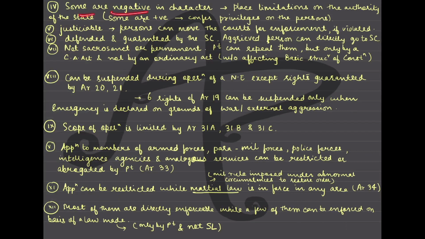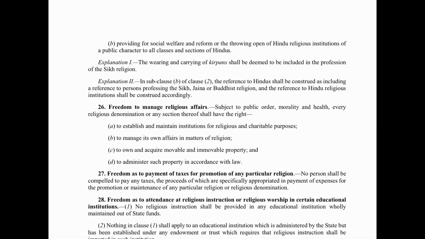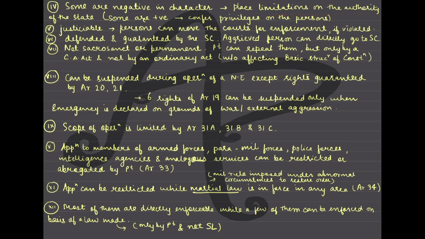Next is, some are negative. Some fundamental rights are negative in character. What does negative mean? Negative doesn't mean wrong. It means a kind of negative connotation. Negative connotation means placing limitations on the authority. So some are negative in character because they place limitations. They prohibit the state from doing so. These features are to be remembered because we will do it directly from the Constitution, as you can see. ठीक है, डायरेक्टली मैं आपको यहाँ से आर्टिकल्स दिखाऊंगी. तो when you will see, let's say, the wordings of the articles verbatim, तो आपको ये सब समझ आएगा. Therefore, you have to read these features and remember them very, very carefully. So they place limitations on the authority of the state.